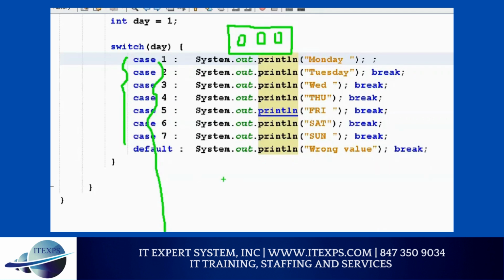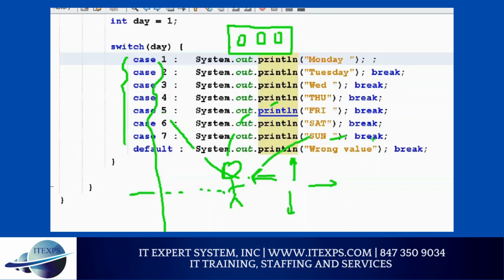And while you were asking the question, I was talking about games. I'm hoping you play games with the keyboard. You might have some control, right? And that control I was explaining is a real life control. When you press left, your character moves to the left side. Jumping around, moving around, those are switch statements, because when you go left, you are not going right. And when you go up, you're not going down. So that is also a switch statement.